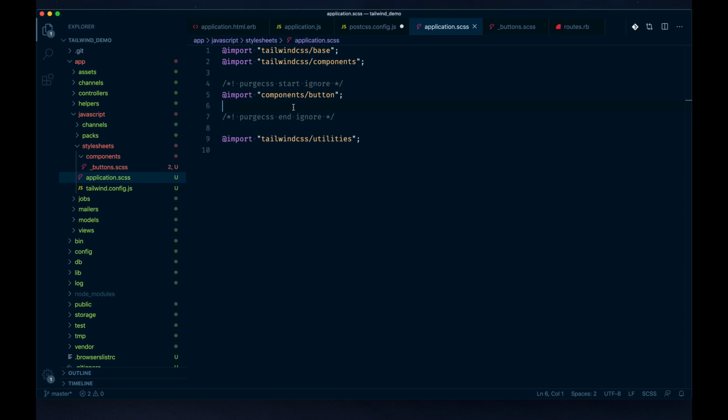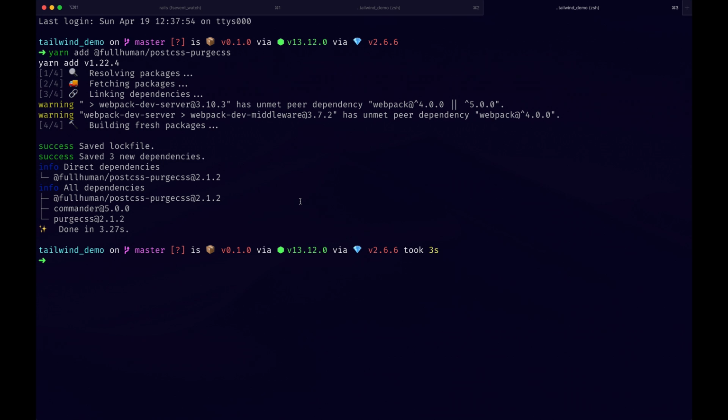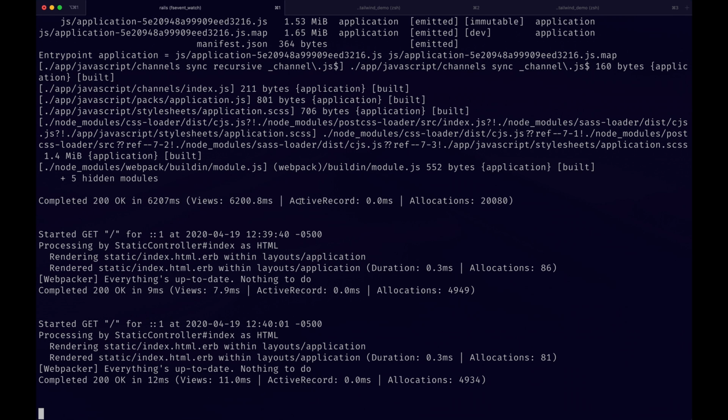Import that here on production environment. Once you deploy, this will go ahead and skip this file altogether because you don't want to lose some of that stuff if it's not actually in use. And maybe you haven't used a button class, but you want it in your arsenal so it doesn't get purged in the end. So with this in place, we can go ahead and probably reboot the server again